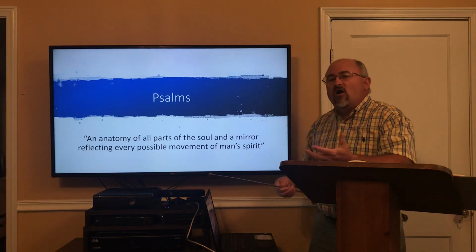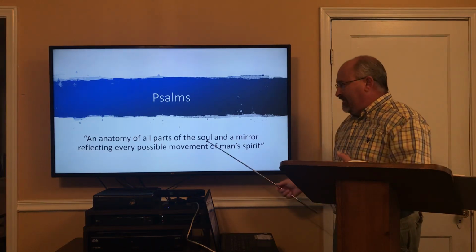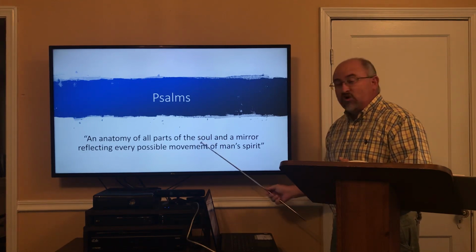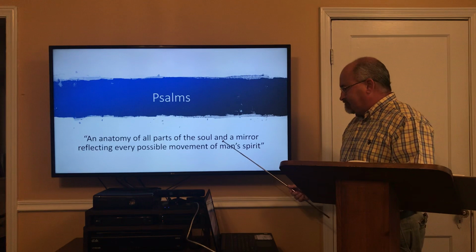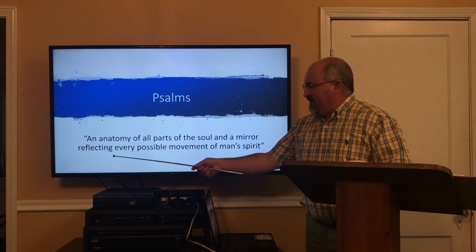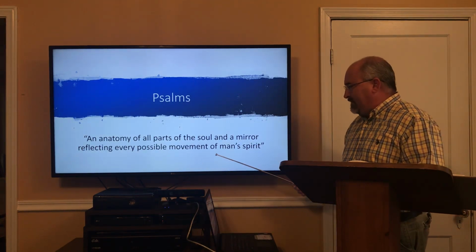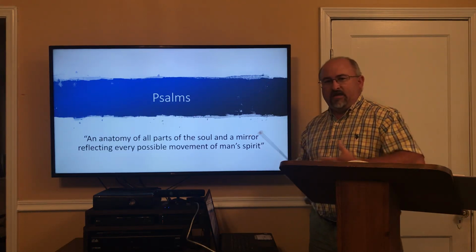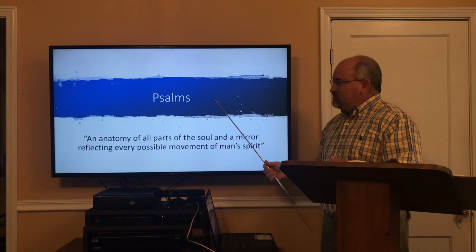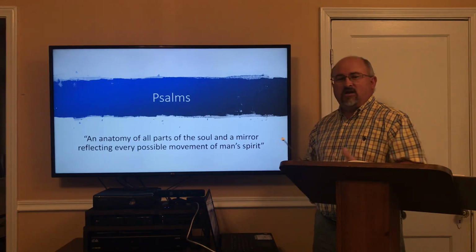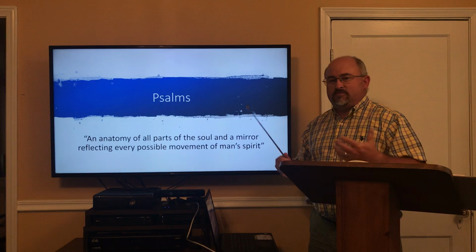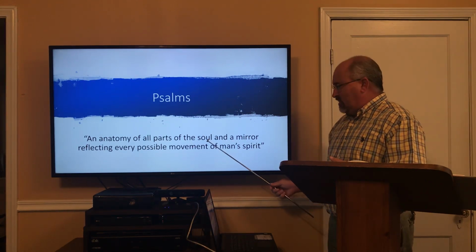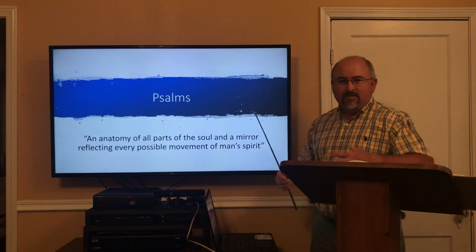And they pour their heart out to God within the Psalms. And so there's an in-depth understanding of the soul in the book of Psalms. It's a mirror reflecting every possible movement of man's spirit. So if you think of your emotional state and your spiritual state, as you read through the Psalms, you find all kinds of poems and songs that help you to understand the soul, and it mirrors man's looking